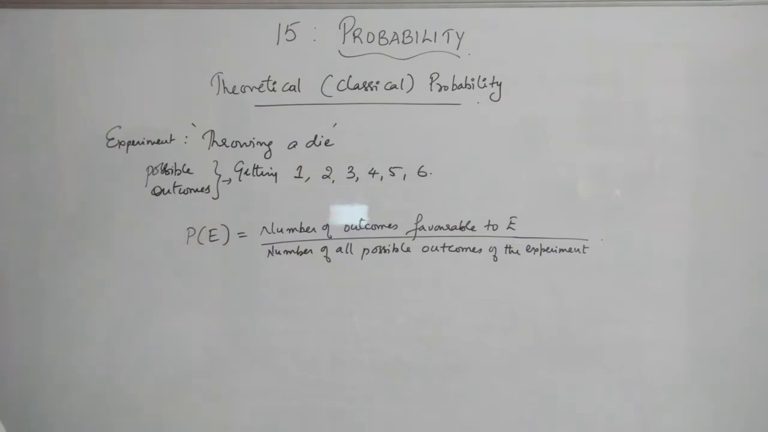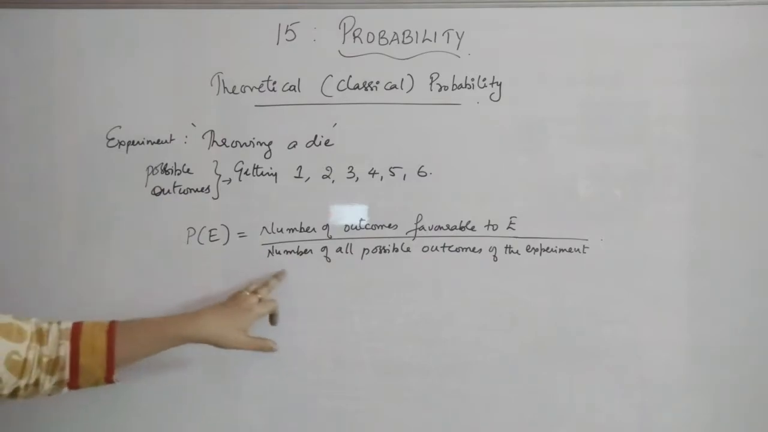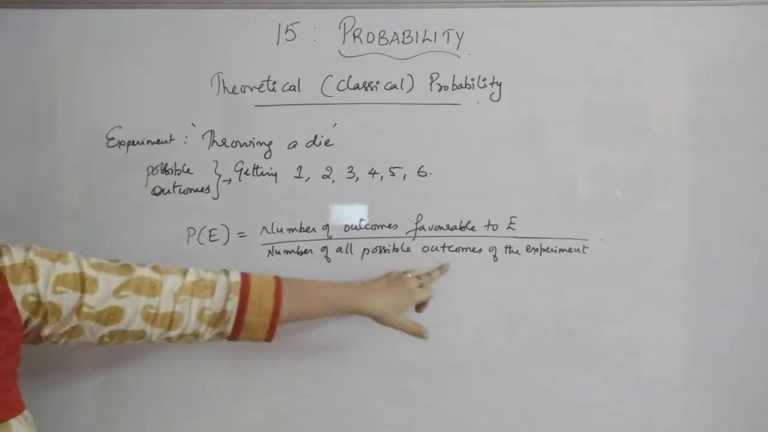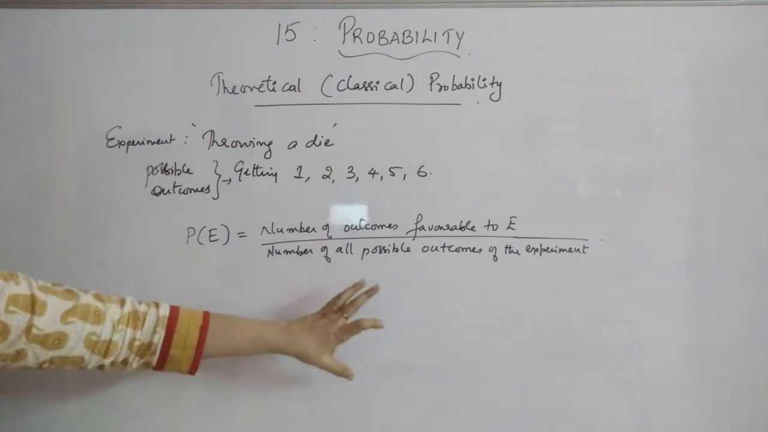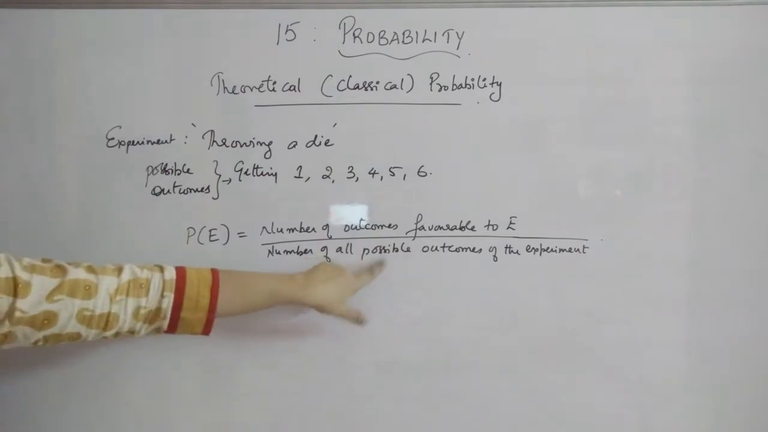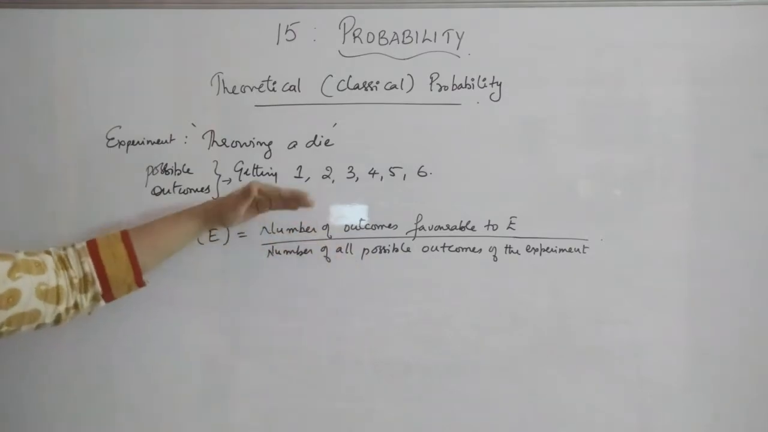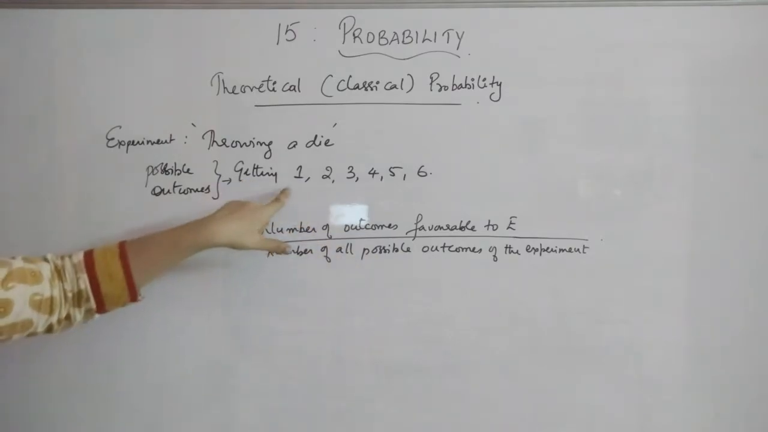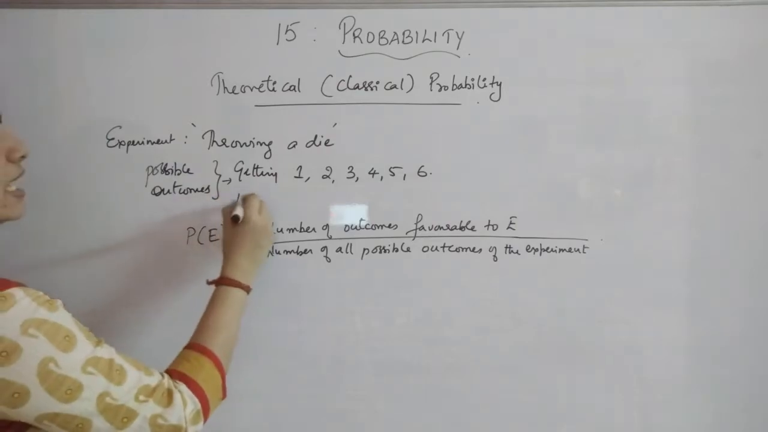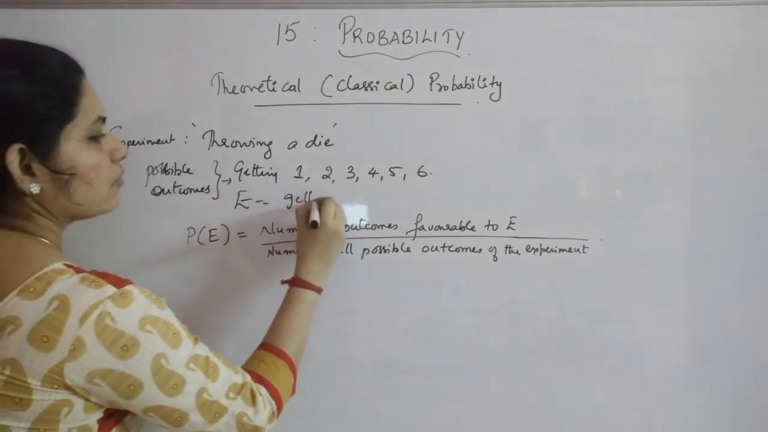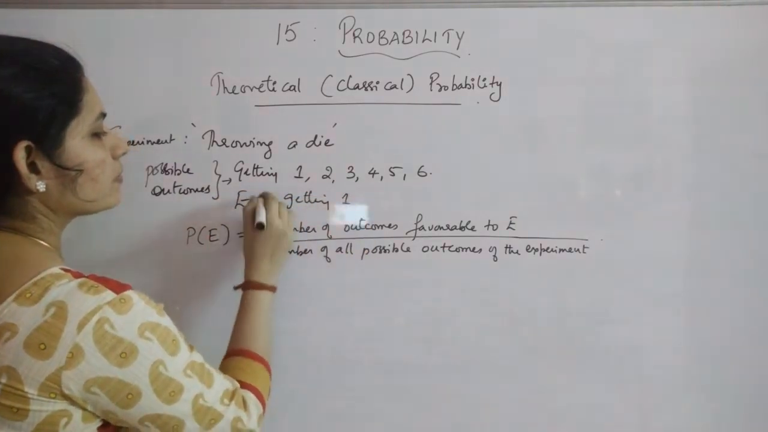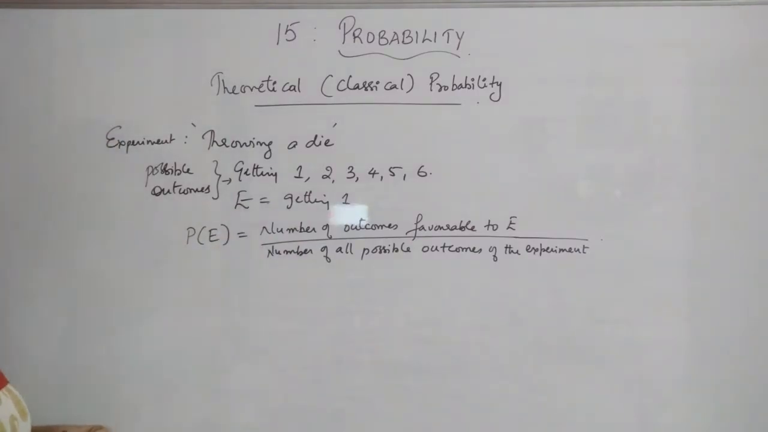How many chances you have out of these 6 chances. And the total number of all possible outcomes of the experiment will be in the denominator, that is, total possible outcomes are here 6. So that will be in the denominator. But what will be in the upper part? That will be, if you are having the experiment E as getting 1 or coming up 1 for the event,